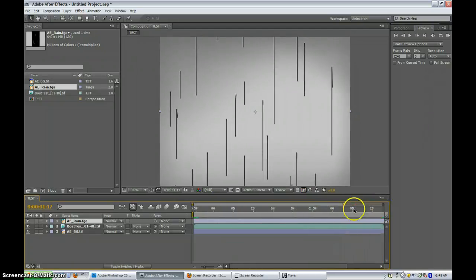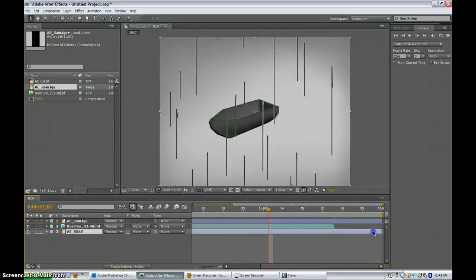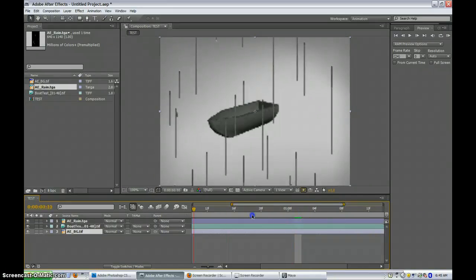Go to the beginning. And it doesn't like that. Okay, head over to there. Sorry about that. I just want to set this up properly. Okay, so anyways, we see that the boat is animating. So what we want to do next is